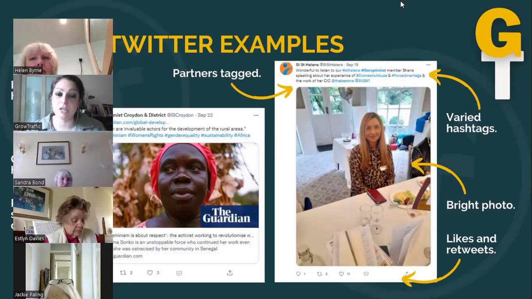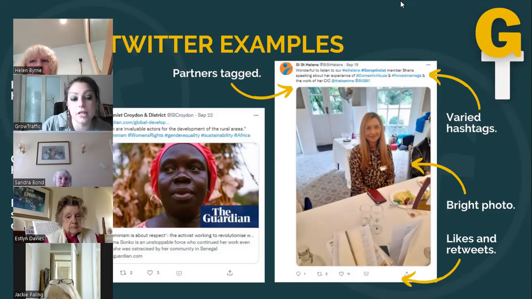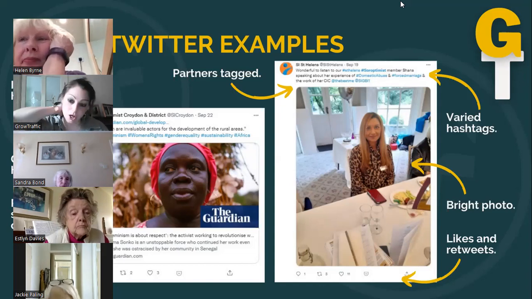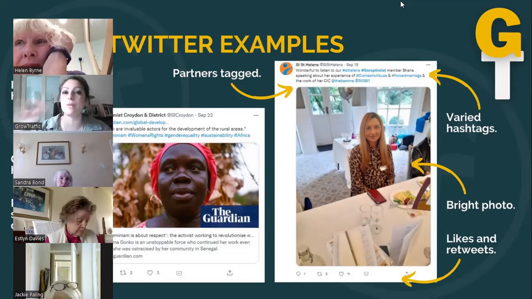It's got a good picture, again, somebody's face. It's not a happy face, but it's a face. And it's an article that's interesting, it's on point, and then they've got some hashtags on there. And then the other one as well, again, a human photo. And this is the thing when you talk about,